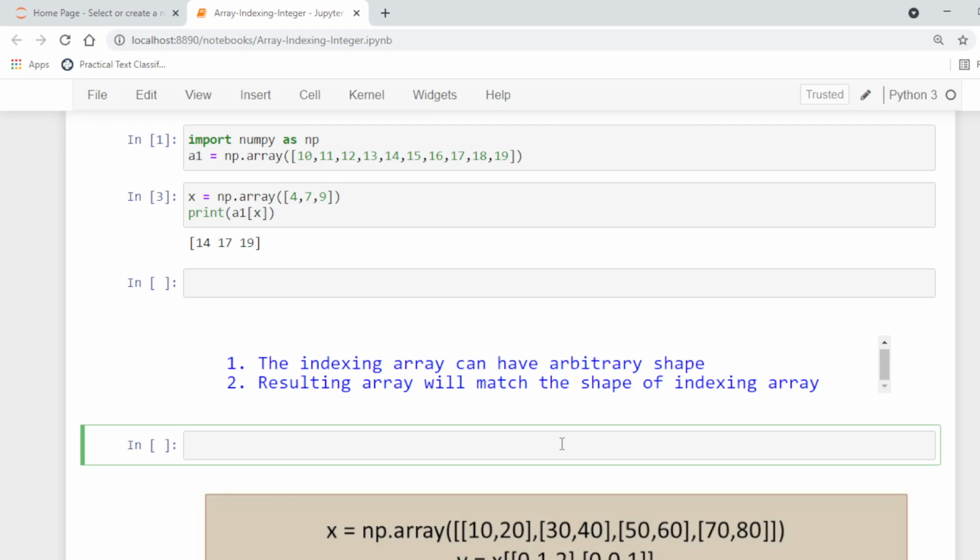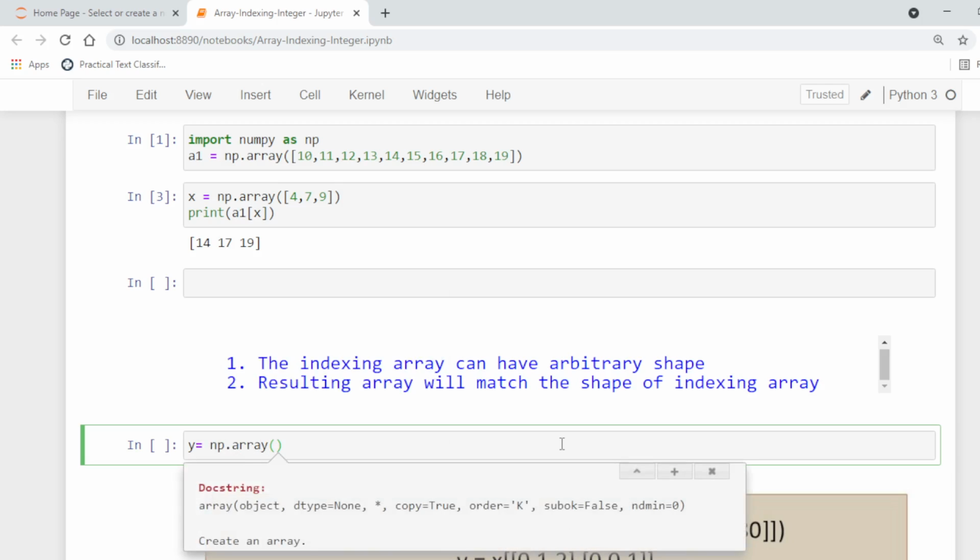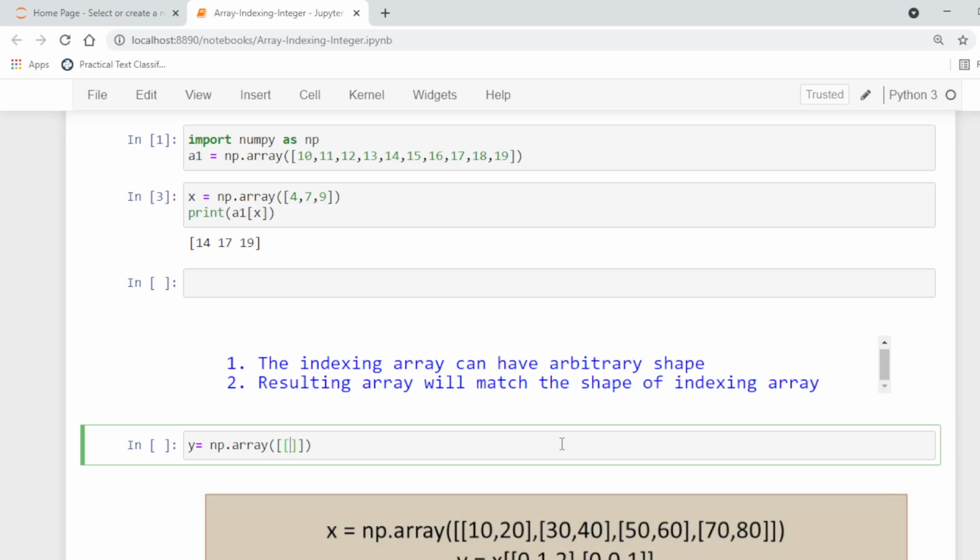For example, here is another array y, np.array, and we want to specify a two-dimensional array, let's say 3 and 4, 3 and 5.